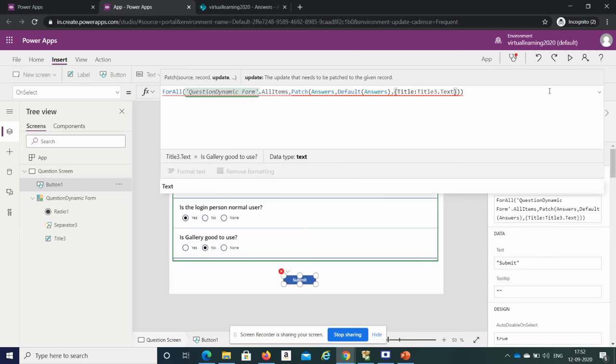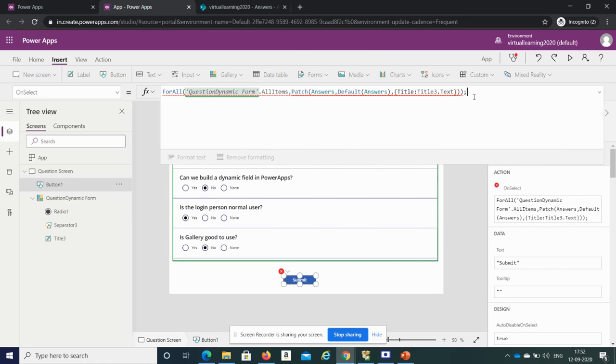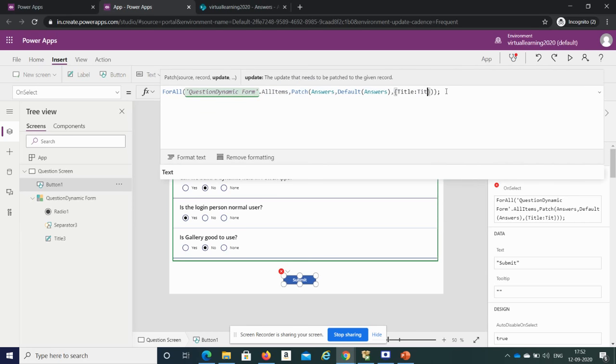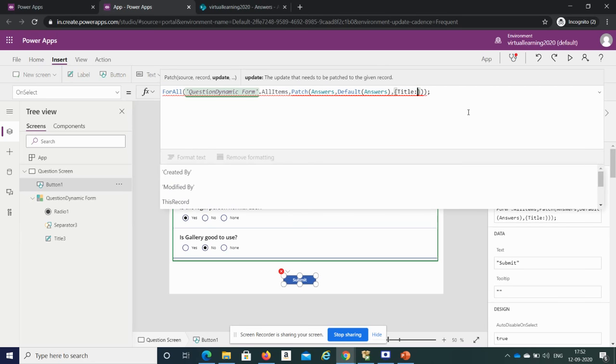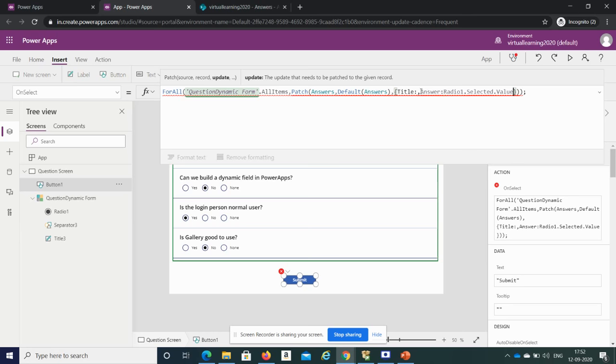So if I will select this, what is happening?